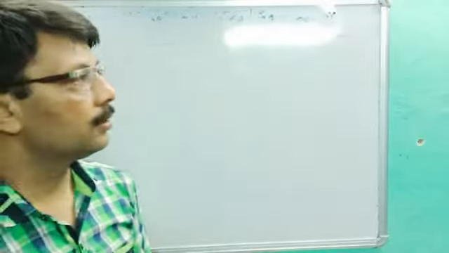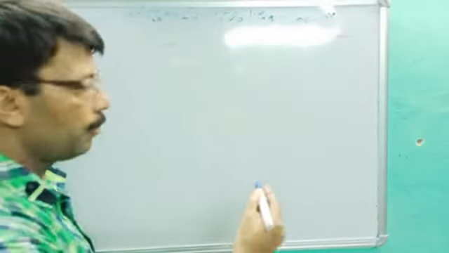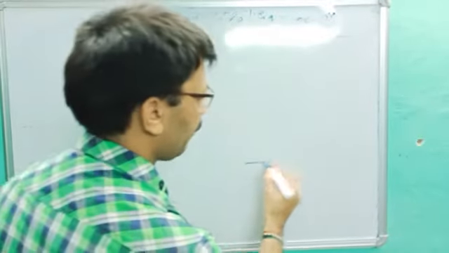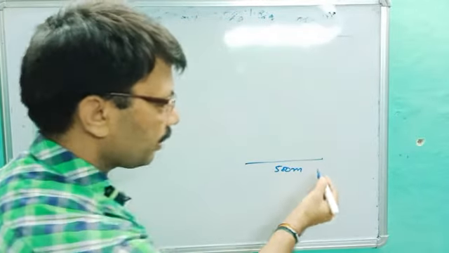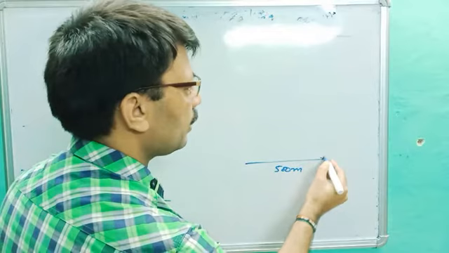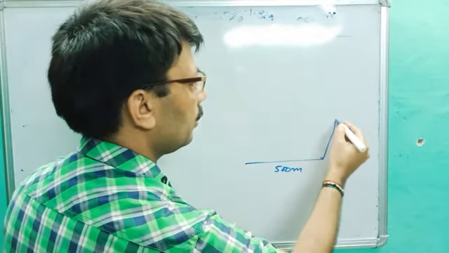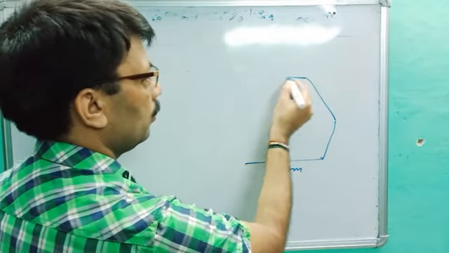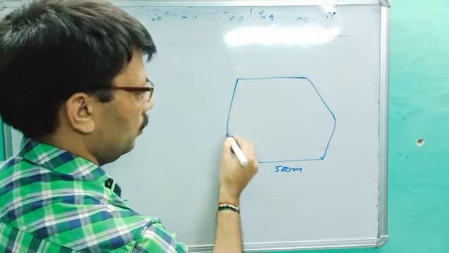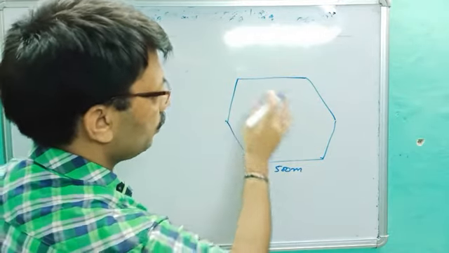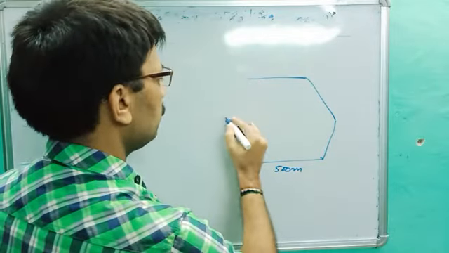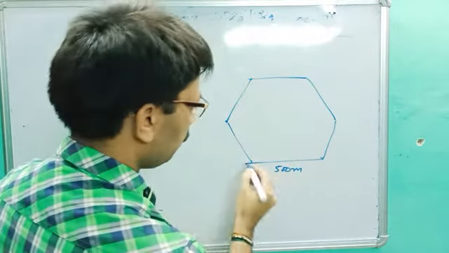The question is: a cyclist moves in open ground and travels 500 meters. After each 500 meters he takes a turn by 60 degrees. In this way he completes one rotation. You can see there he is taking the turns by 60 degrees.